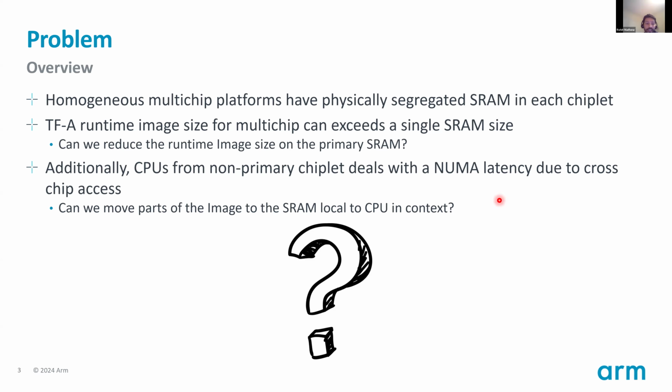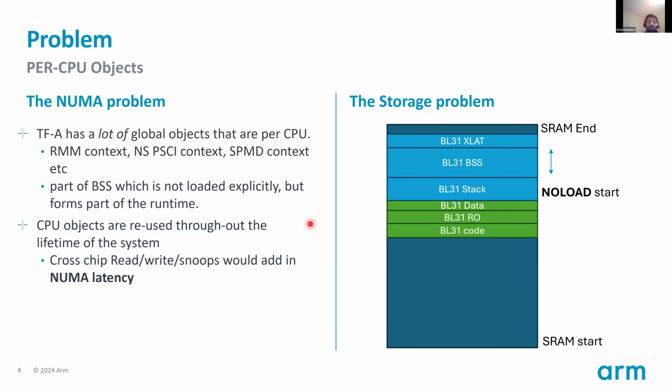The next question is obviously what we just touched upon. Any sort of cross-chip access would have a NUMA latency, so can we move parts across and have them in the chiplet in context for the CPU in execution, so that the NUMA latency is low? Now, with these two problems,